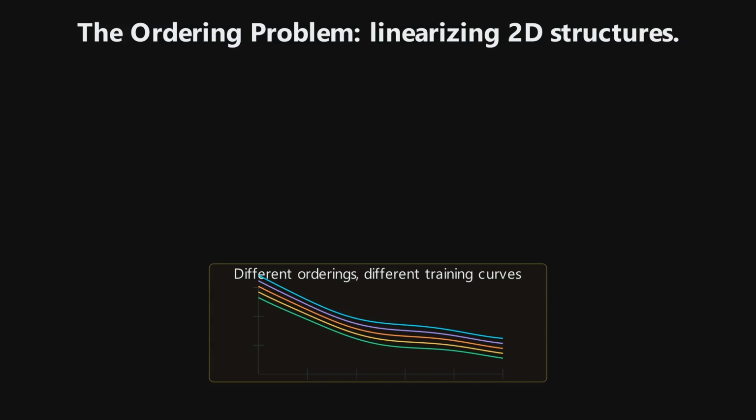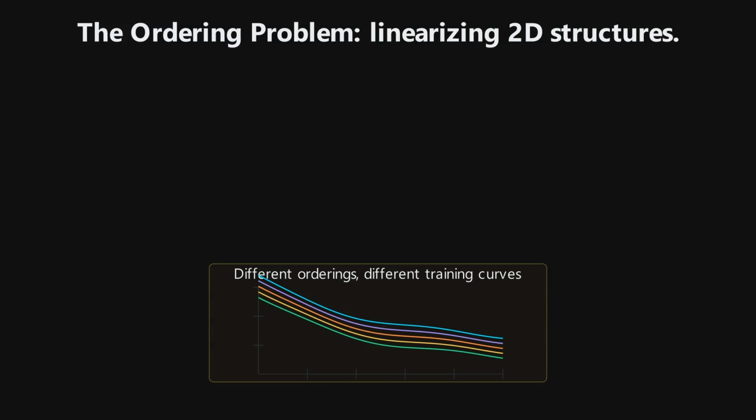Every ordering imposes a bias. And if we force a two-dimensional image into a one-dimensional sequence, the model may have to learn awkward dependencies that were never awkward in the image itself. This is the ordering problem. It reminds us that image generation is not simply GPT, but for pictures. Images have spatial structure, and the way we choose to linearize that structure affects training, inference speed, and image quality.